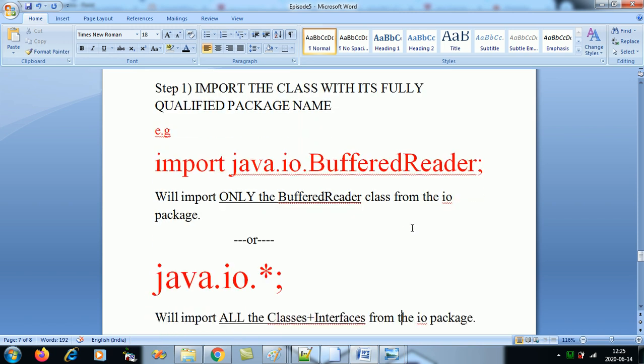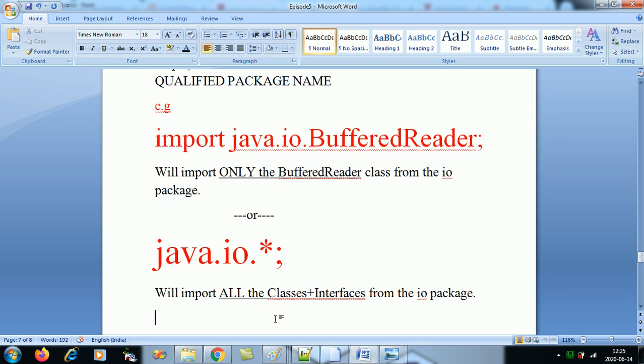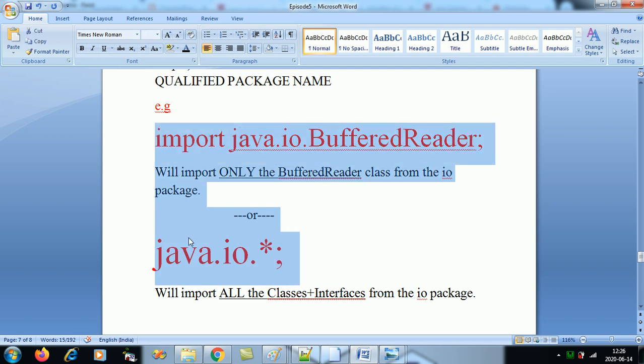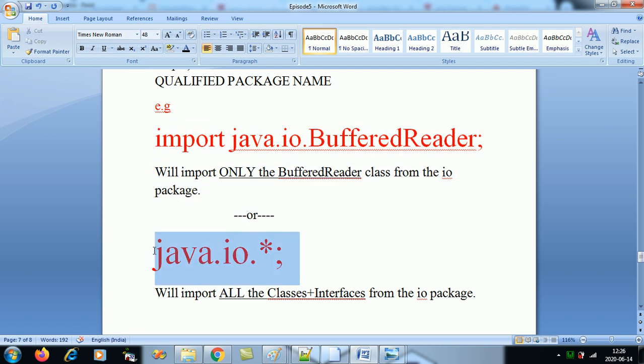Or you can just say java.io.*. The first will only import the BufferedReader class, and the second will import all the classes and interfaces in the io package. For us at student level, both are the same. Nothing to worry about. We have a handsome amount of RAM to process our very elementary programs. So you can use both methods; students should use the one which is easier.